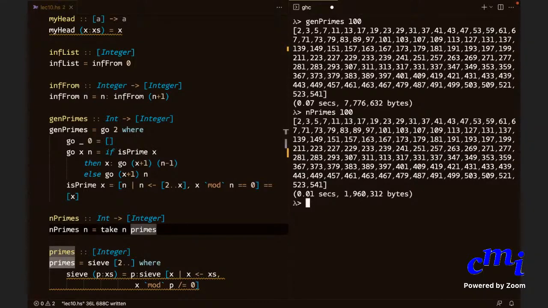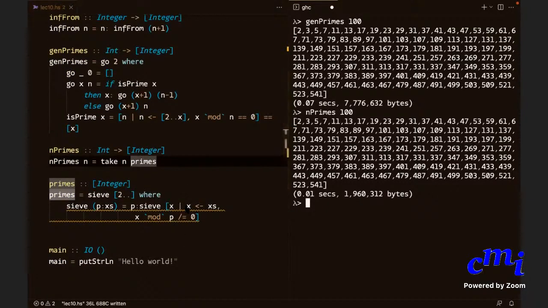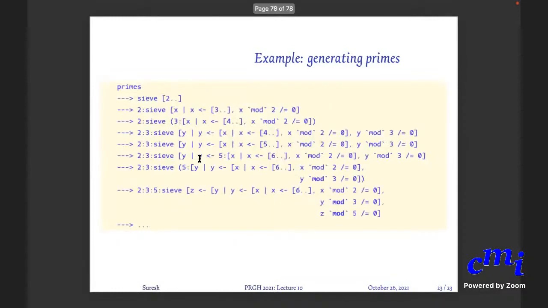Right? So this is Shakti Chauhan, you asked what is the use of infinite list? Do you agree that the second program is much cleaner than the first program? Yes, sir. Though of course it is conceptually a little more difficult and you need to figure out some things about infinite list. Let us look at how the computation proceeds. It is very instructive. So the nth prime is primes bang n minus 1, but you can also look at the first n primes by saying take n primes.